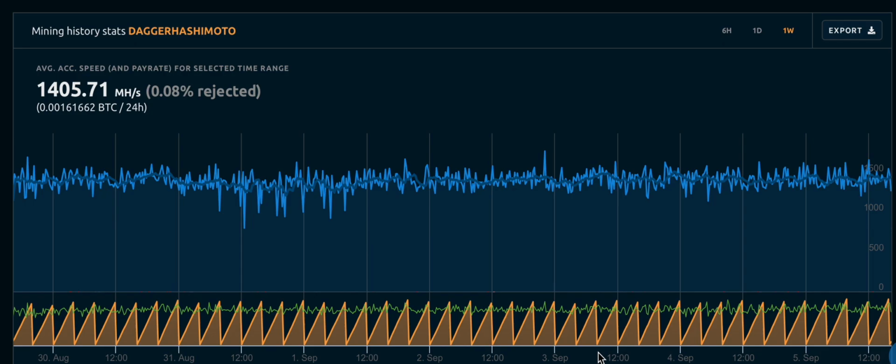Today's topic, we're going to look at specifically how our mining farm is performing. What you see on the screen in front of you is a capture from the nicehash.com website. On this site is where we're sending all our hash power, which is a giant marketplace where someone is buying this hash power and using it to go mine Ethereum. And in exchange for that, we're being paid out in Bitcoin, which is what we're really desiring to accumulate to